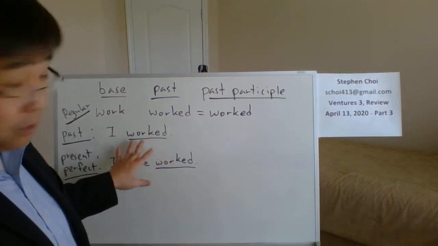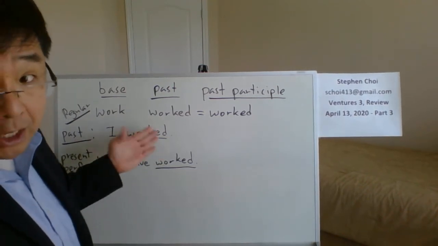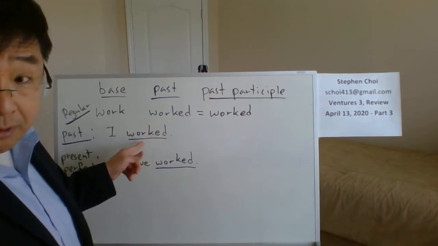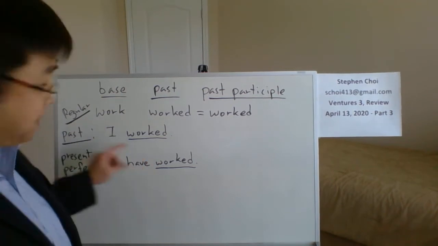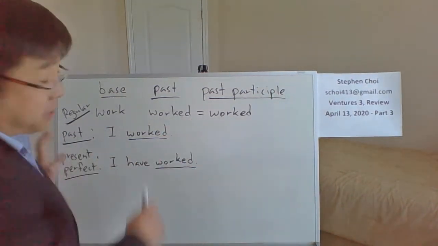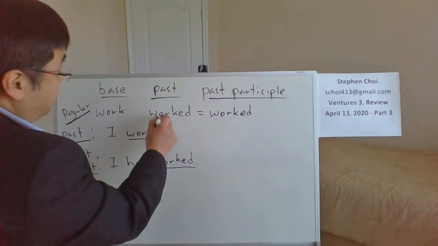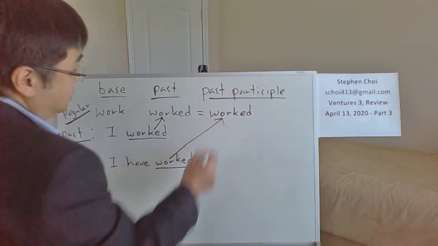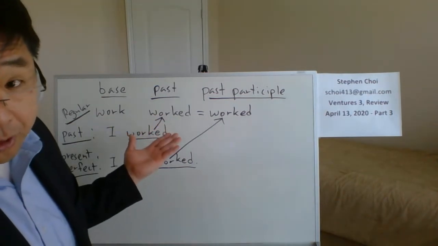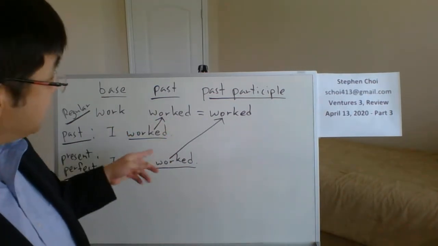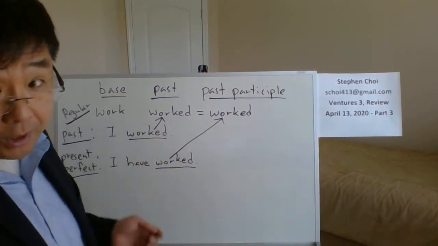In another language, or in different languages, these two forms might be different. Just like in irregular verbs, they might be the same or they might be different. But in the regular verb, they're always the same. They're the same in form, but different in meaning, right? So even though it's good that it's the same form, so you don't have to memorize a lot of different forms, it can get confusing. We'll talk more about this in a future video.